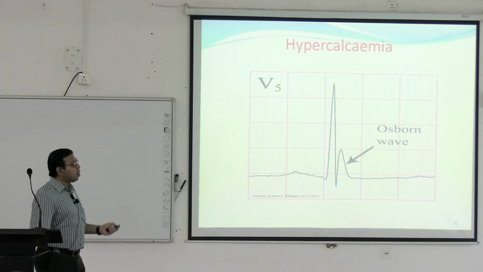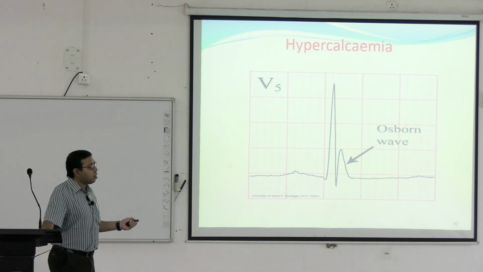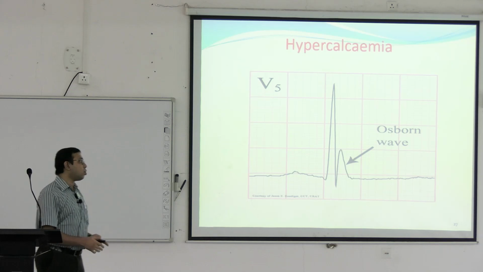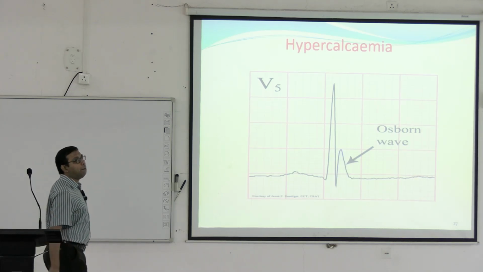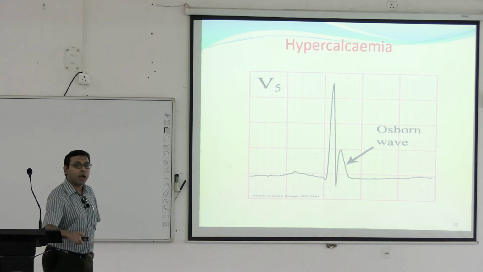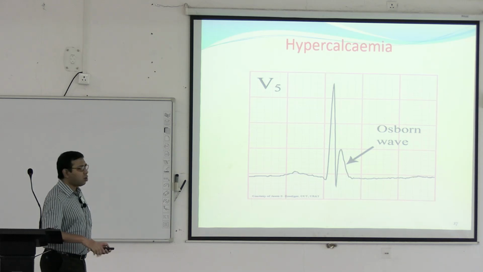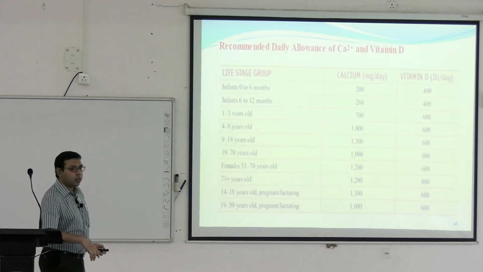So in hypercalcemia, there is a typical ECG sign. This is known as the Osborne wave. After the QRS, you will read later in medicine, there is a small peak that can be seen when there is hypercalcemia. This is typically seen only in hypercalcemia. This is known as the Osborne wave. Okay, so that can be needed for your MCQ. That's why this is important.